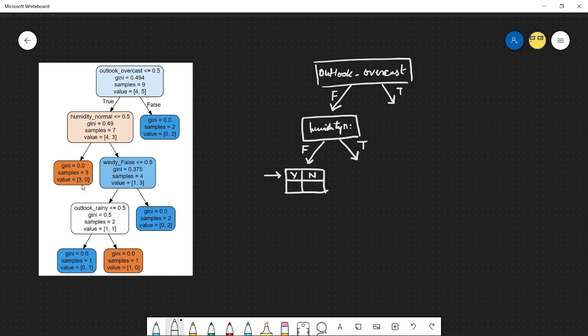And so another thing to note here is that you'll see value 30. This is currently reversed, so you get the no's first, the yeses next. So it actually is going to be 0 yeses, 3 no's. And then humidity normal, which is true, is going to get broken further down into windy false. Okay, and now if that is true,